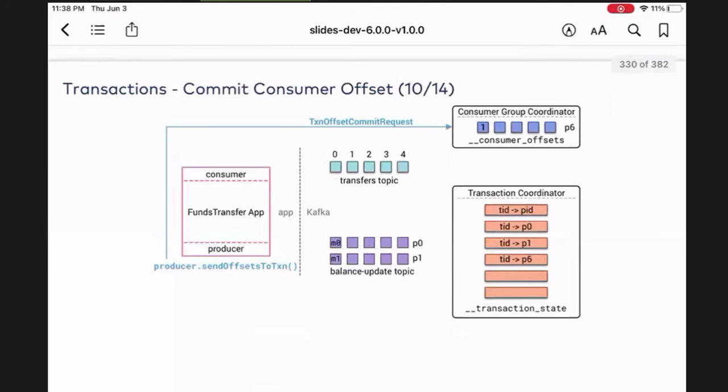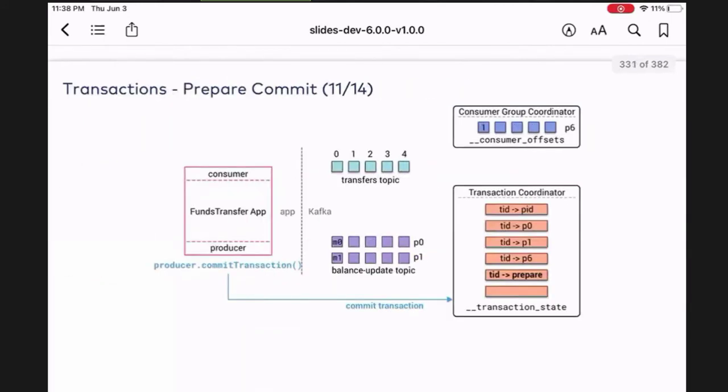Then we go to this next one, this transaction offset. It says, hey, what do I want to do? As part of this, the producer sends what they call the transaction offset commit request to the consumer coordinator to say, look, here are the offsets. I want to make sure that we can put this into the consumer offset topic. Again, we want the committing of the offsets, the writing of the data, processing, everything to happen as part of a single transaction. It's going to be all or none, right? So we want guarantees to say this is going to happen. You can have an abort or commit, but it has to be all a part of a single transaction.